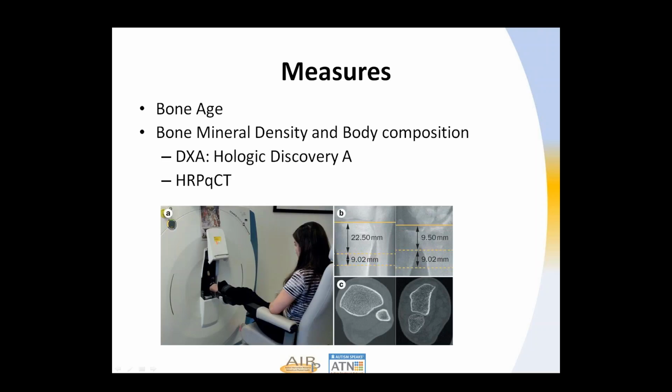We're also doing a body composition, done at the same time as the DEXA, which studies the amount of fat the children have relative to muscle mass. And then we're doing the high-resolution peripheral quantitative CT, and don't ask me to say that fast. That study looks at